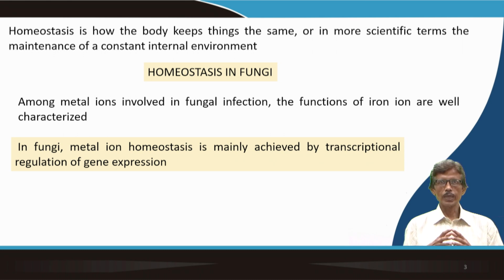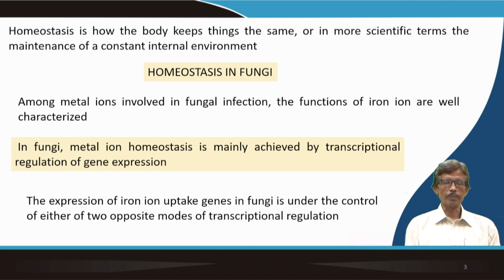So, what you should think about is these are basically keywords and the definition: what is gene expression and what is transcriptional regulation. Immediately, if you see that statement, you should ask whether you require a metal ion for these processes or not. The transcriptional regulation of gene expression definitely needs the presence of the metal ion. So, for iron, the expression of iron ion uptake genes in fungi is under the control of